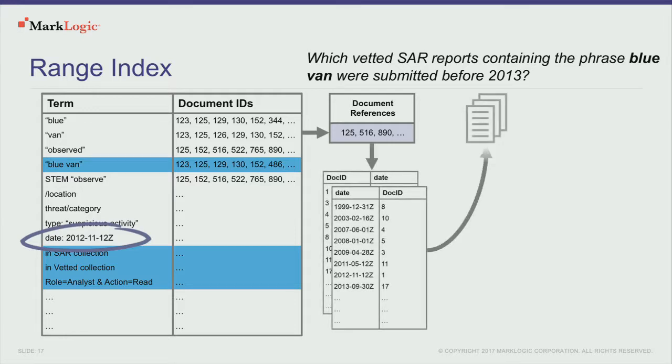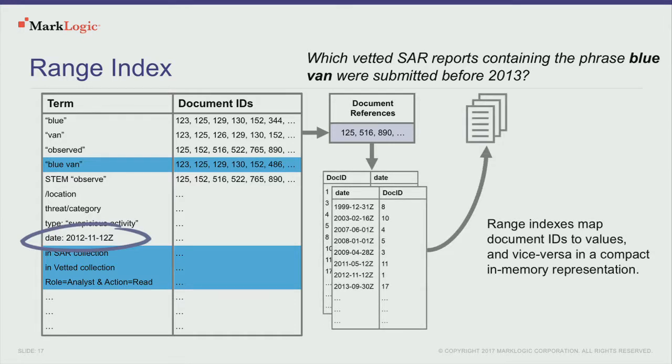So of course, what we'll do is we'll introduce a new index. And this is called a range index. And as the name implies, it's very good at ranges of values. So this is great for doing inequality comparisons as well as aggregates. And what the range index does is it takes that same document ID concept and it provides two columns. So one is the ordered list of values and their corresponding document IDs in which those values appear, and then the inverse. So the ordered list of documents and the ranges and the values that they have. So what this allows us to do is very efficiently do those inequality and aggregate type queries.